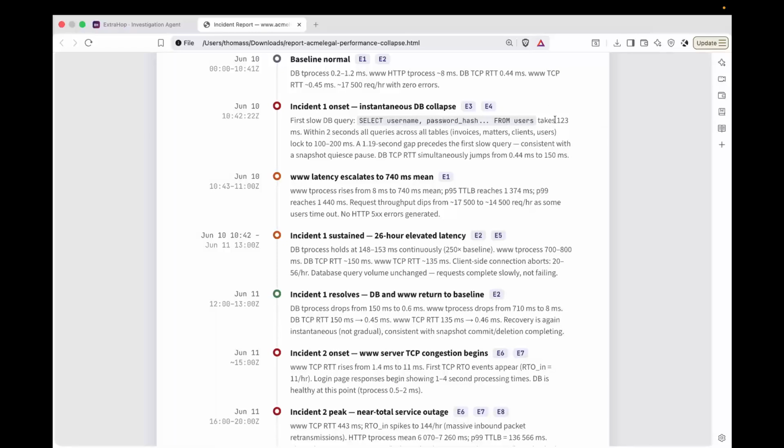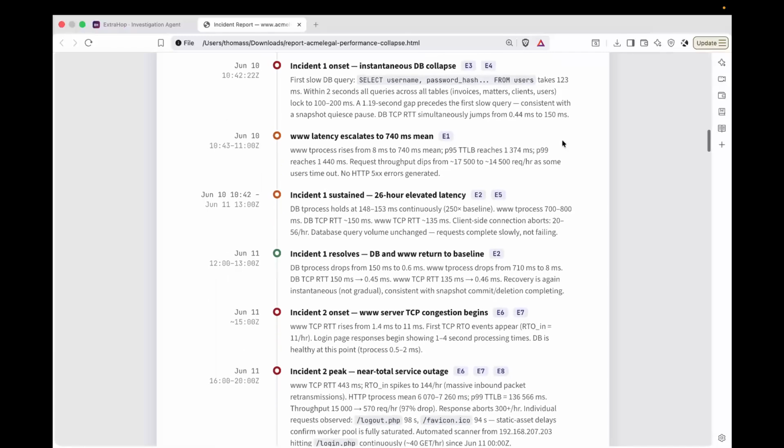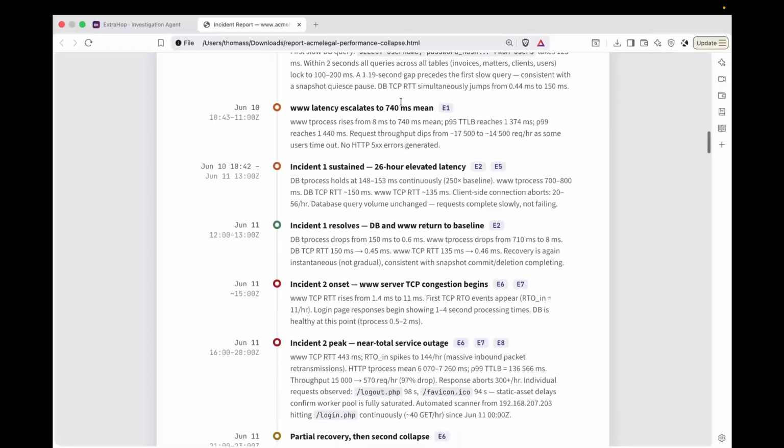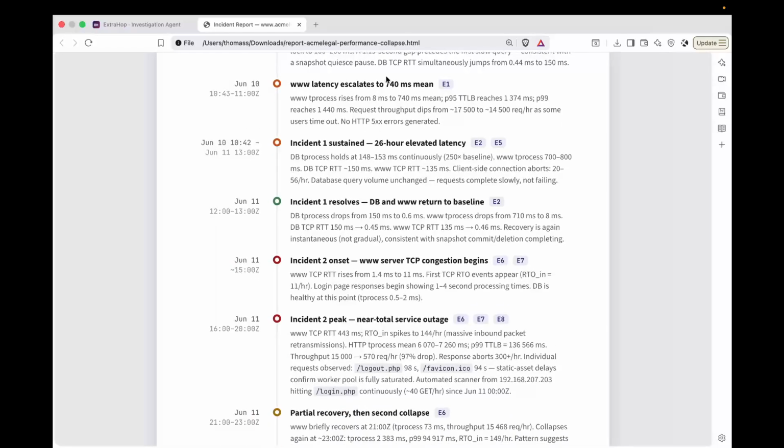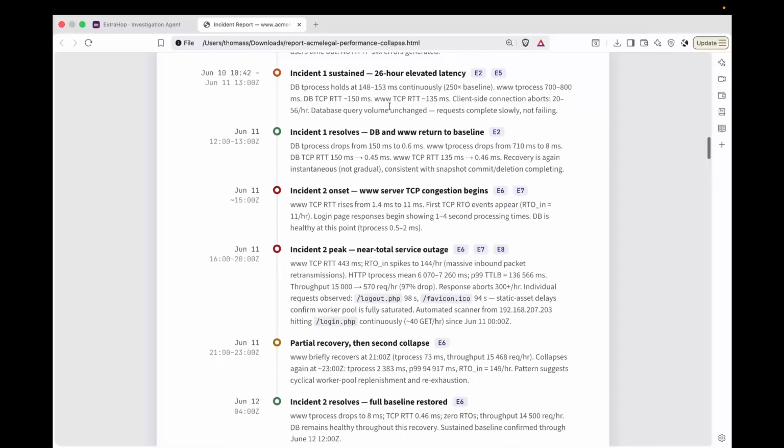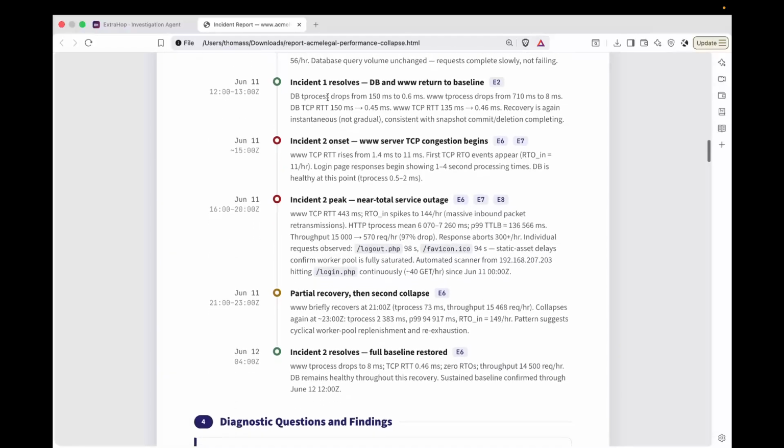And here we have a timeline all pulled exclusively from ExtraHop data, showing what the baseline performance was based on metrics for the database server, and what the onset of the incident looked like. The first slow query that we saw took 123 milliseconds, and then within 2 seconds, all queries across all tables locked to this time frame. We're able to see what this does to downstream latency,